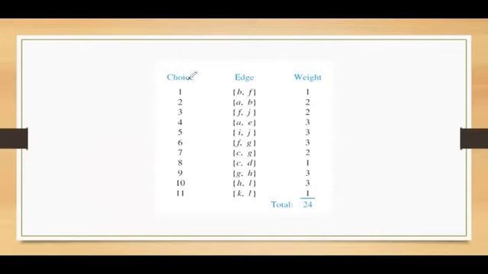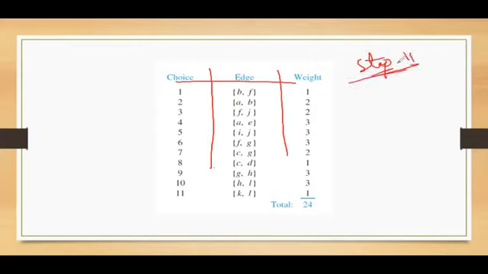Now after that, you have to write the first choice, which edge and what is the weight. This is the way you are supposed to create a table. In the table, you can write it step by step, and totally you will have 11 steps for your diagram. I drew it directly, but you are supposed to have 11 steps for your diagram. Now with respect to this,